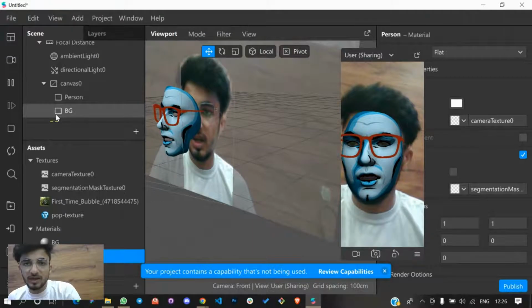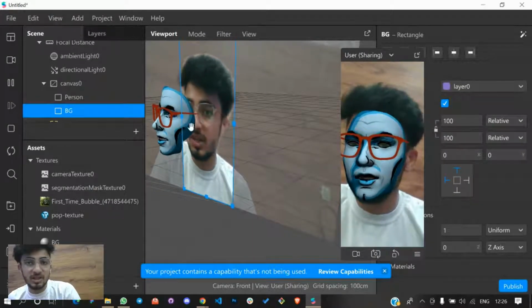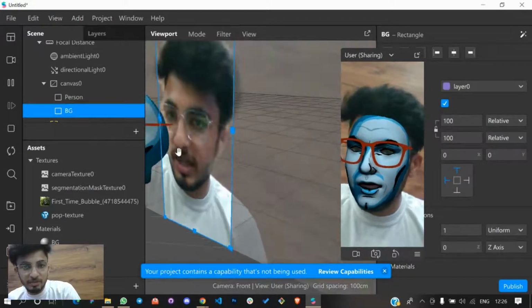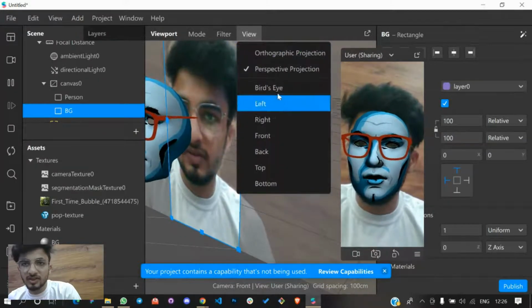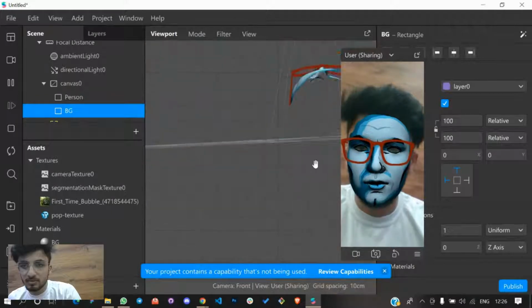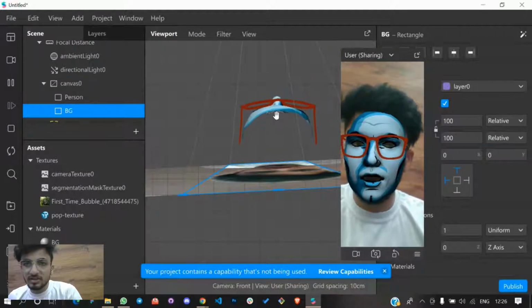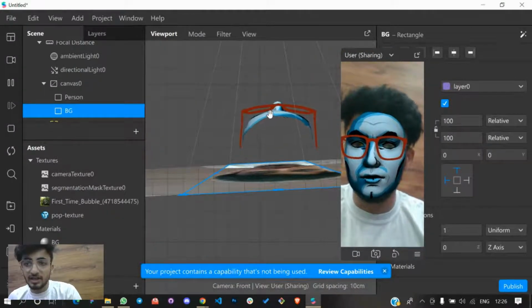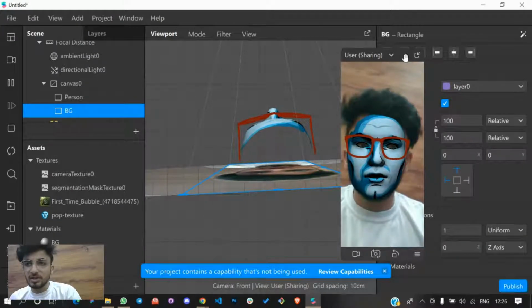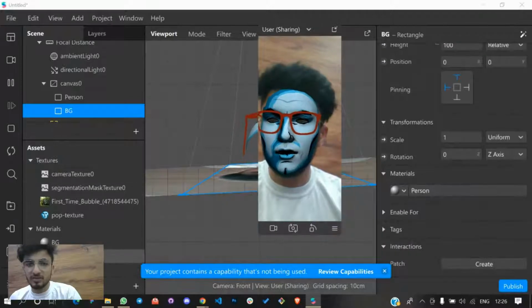Now, as soon as I click on this background, you can see the screen behind that filter of mine. I'll just change the view. If I'll just click on the top view, you can see this is your front layer that you have created. Okay, and this is your background. So how it is doing now? So it will simply, what it will do, it will just